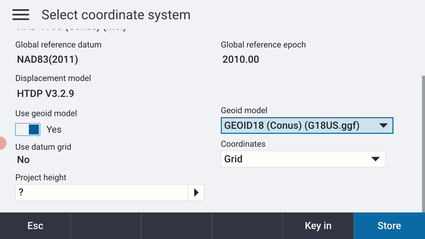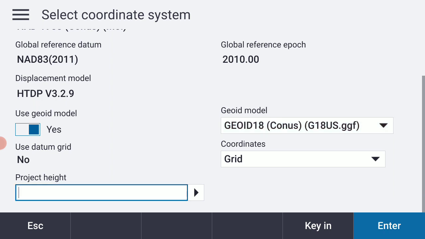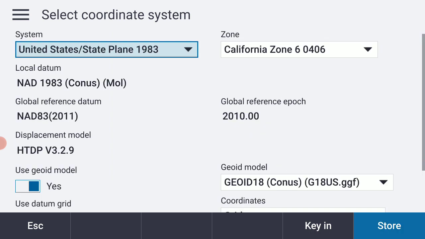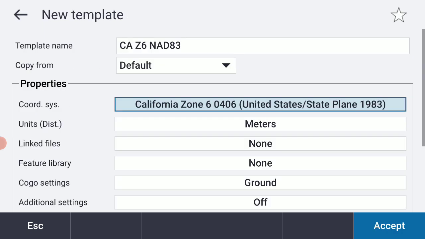However, I am going to put in a default project height where I am of about 300 US feet, or about 100 meters. So I'm just going to type in 100. I'm going to hit the little M on the caboose there and hit enter. And then that's going to switch it over to feet once I get those units in. So for right now, I'm going to hit store on my coordinate system, but my units are